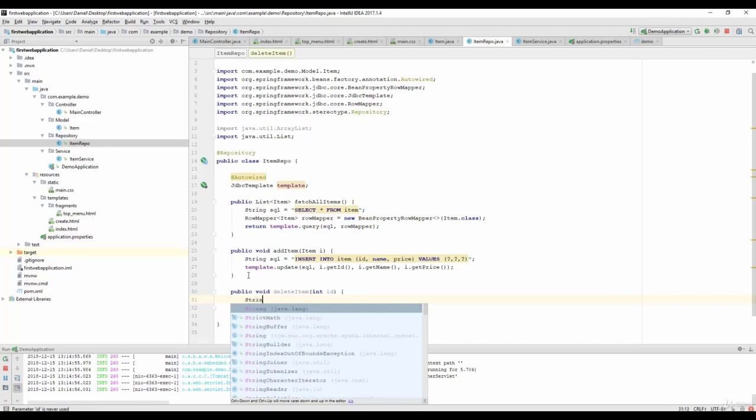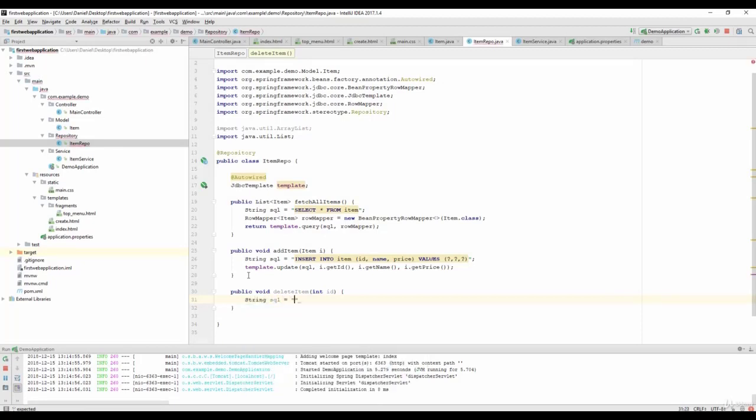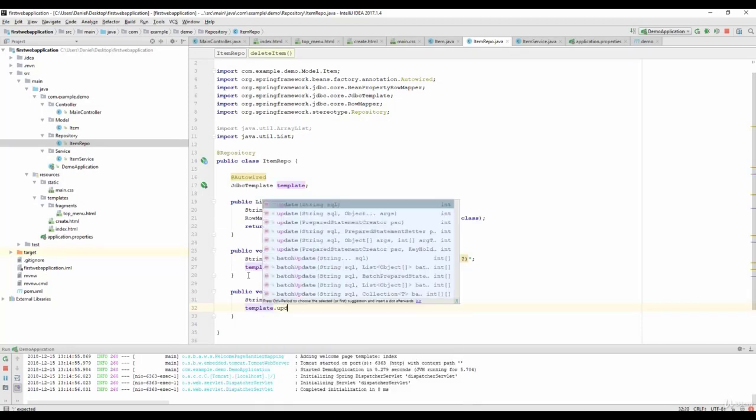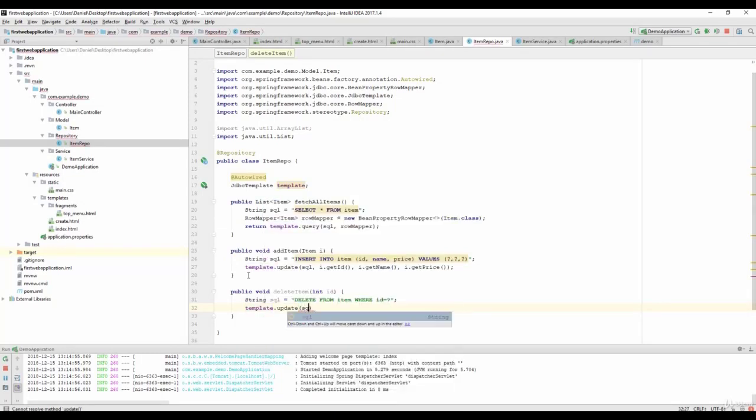And then we will create a string SQL just like before: delete from item where ID equal to question mark. Remember the prepared statements. And just like addItem, I will call the template update SQL sentence and say